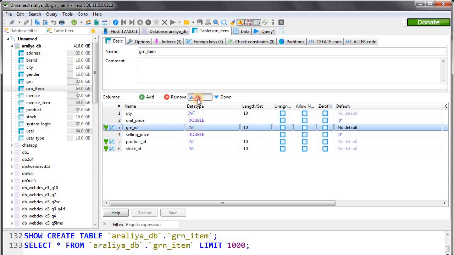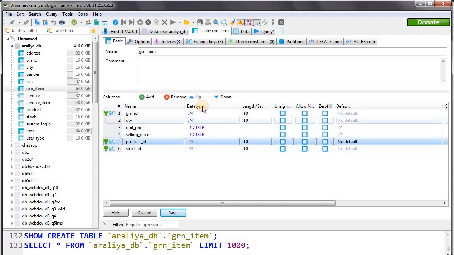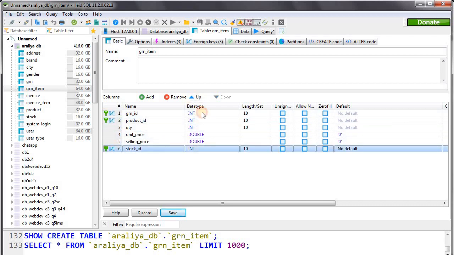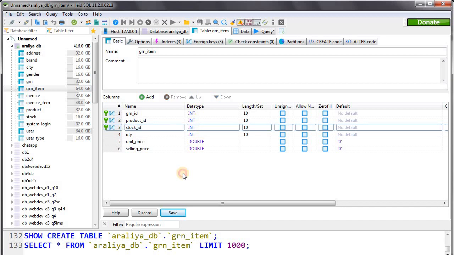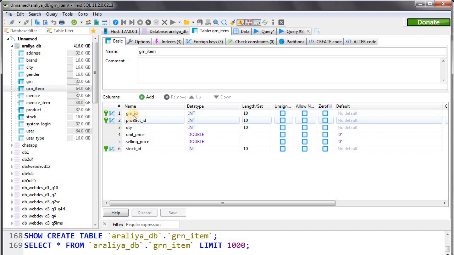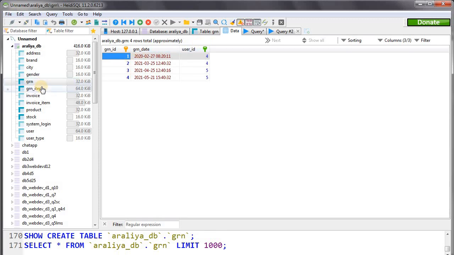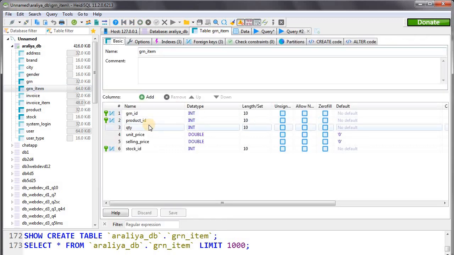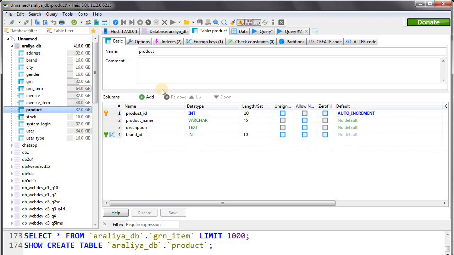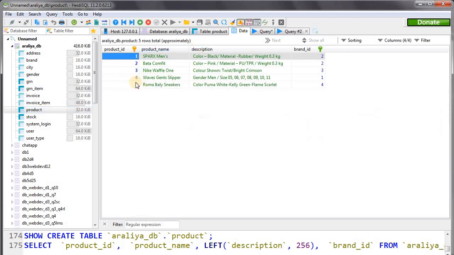So okay, this table looks normal and we can enter details, but actually if we go to the GRN table, there's data recorded in this table, and if we go to the product table, you can see there are details also.